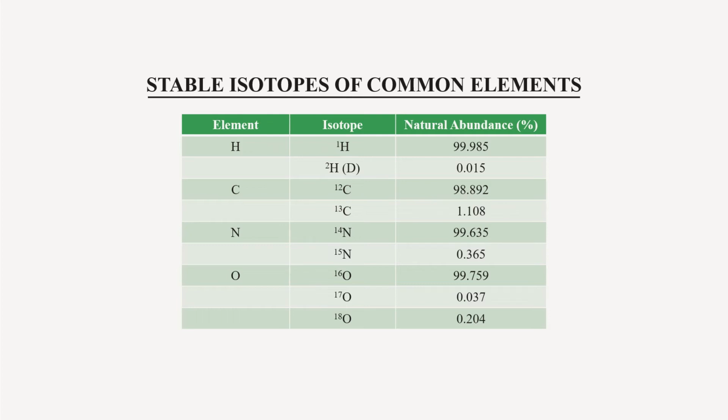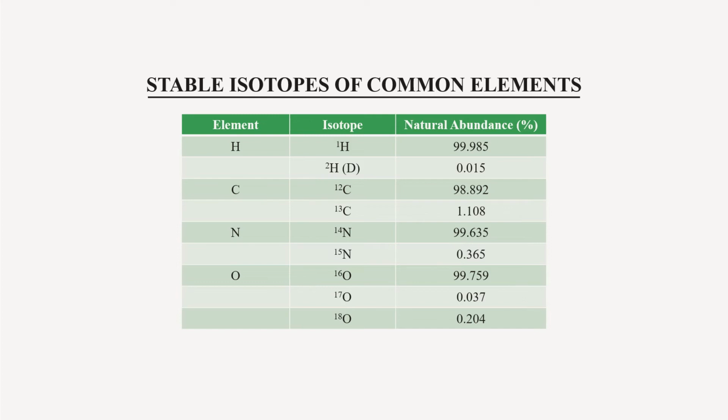Oxygen-16 is the major stable isotope of oxygen with a relative atomic mass of 16 and a natural abundance of 99.759%. Oxygen-17 is a stable form of oxygen isotope with a relative atomic mass of 17 and a natural abundance of 0.037%. Oxygen-18 is also a stable form of oxygen isotope with a relative atomic mass of 18 and a natural